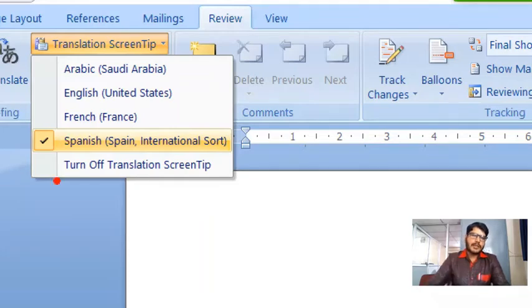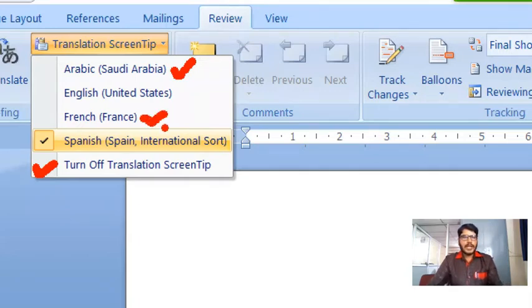So that can be turned off by selecting this one also. If I don't want the screen tip, then what I can do is turn it off by selecting the last option, that is turn off translation screen tip. Suppose I want to display the screen tip in Arabic, then I can select this one, or in French I can select this one likewise.